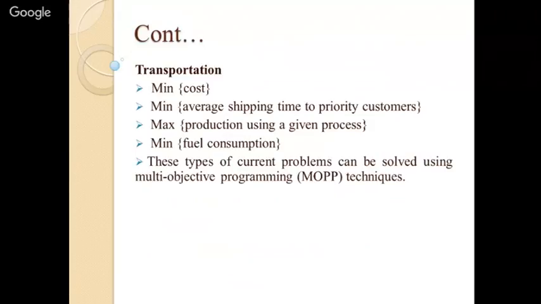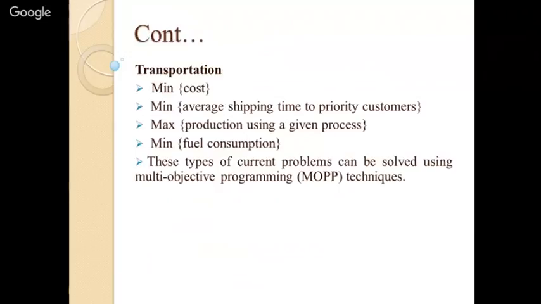Like transportation problem. Yesterday we have talked on traveling salesman problem. So we have only one objective, that we want to minimize the time or total cost, right? But this is not simple. In industry, they have more complex problems. They have different objective functions. They want to minimize the time as well as cost,